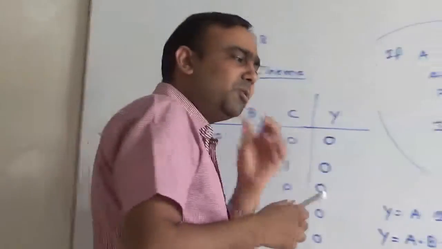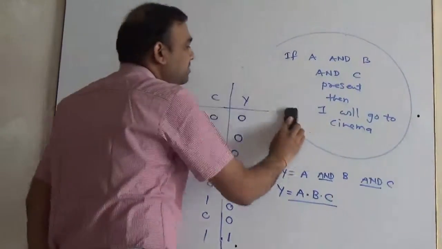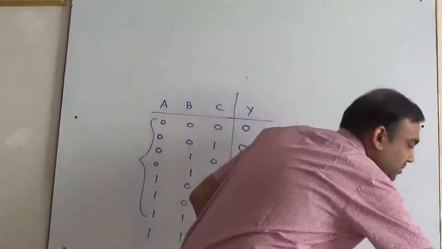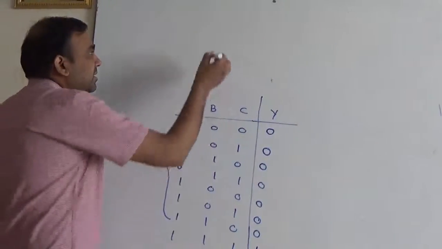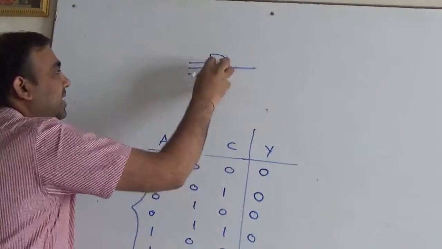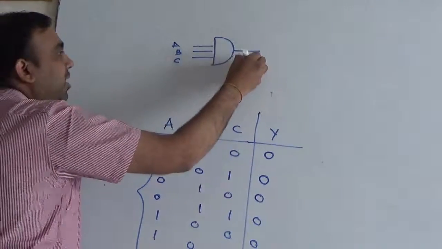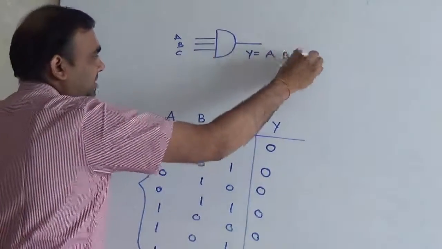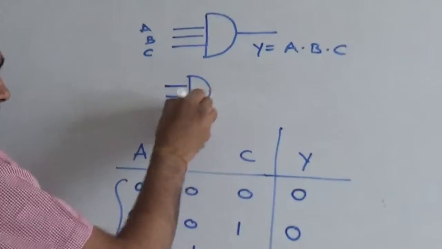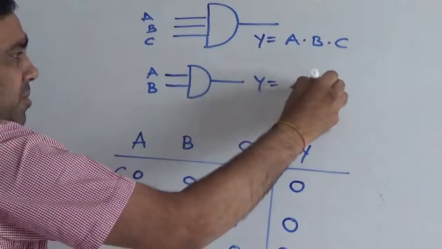So I will talk about other logics also. The other logic is, anyway, let me first tell the hardware point of view. Before going to other logics, we'll see how this AND gate looks in hardware. In hardware it has a symbol like this. These are the inputs A, B, C, and the output Y is A dot B dot C here. There may be 2 inputs also. So in that case, I have 2 inputs. Suppose the output is A dot B.